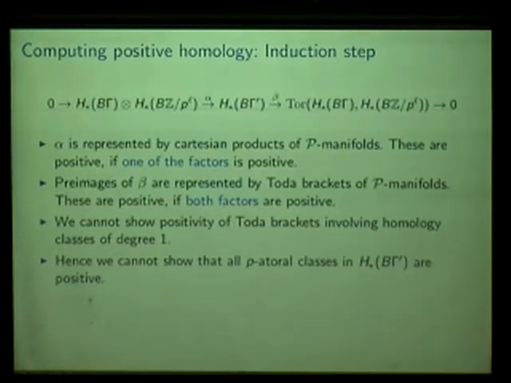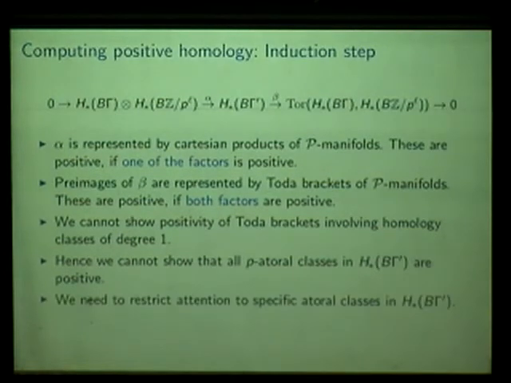but there is one particular problem, namely Toda brackets with one-dimensional classes. And this actually took me quite a while to resolve, because the only way I see to do that is that we must find a way to restrict to a certain subgroup of this group. So I want to deal with just specific toral classes in this group. I cannot deal with all classes. I have to exclude some, and I have to find a way to discuss a certain subgroup here which I can treat with that method. And this is actually possible